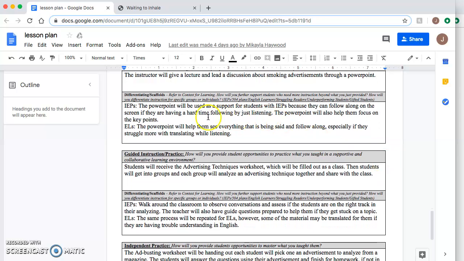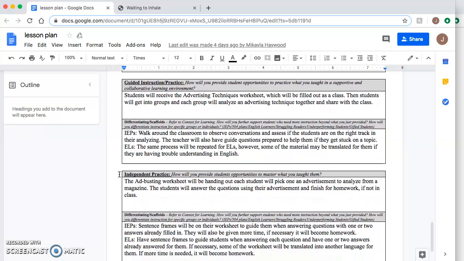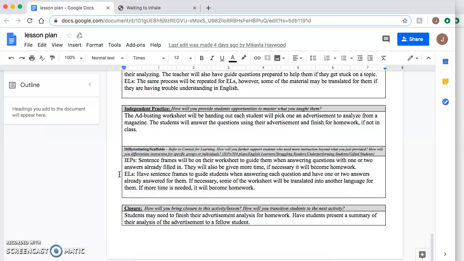And of course, always making sure that we identify the specifics. When we first did the scaffolds, we just had it laid out here, not really labeling if it's going towards the IEPs or the ELs. So our guide teacher helped us, letting us know to make sure you specify what differentiated instruction or scaffolds you're gearing it towards. And again, just going through the guided practice and independent practice, what we're doing to push the students towards developing their own skills so that they're able to do this at home, or if they have homework, if they're able to use these skills when they leave school. And so getting them there is very